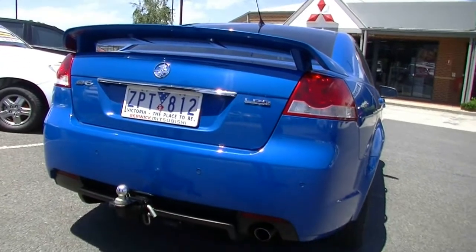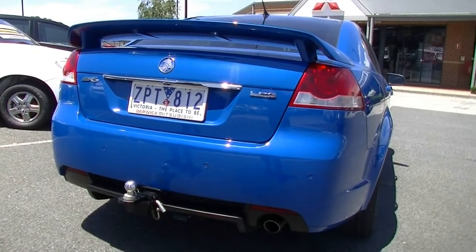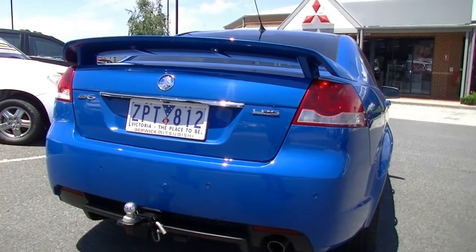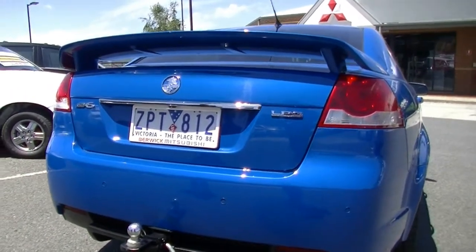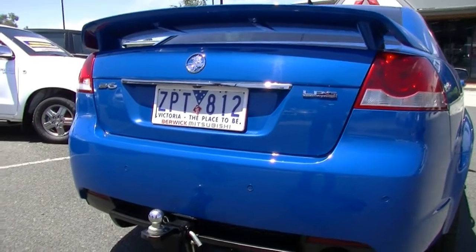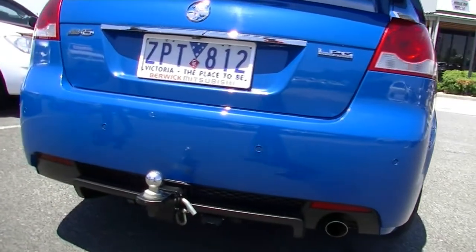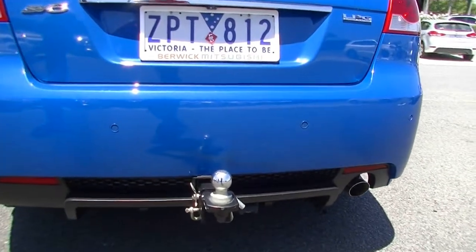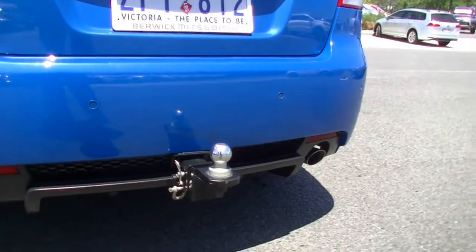As we come around to the rear of the car, factory spoiler. You notice that it is LPG by the badging, vapor injection LPG from factory. We've got colour-coded reverse sensors. It does also have a reverse camera, which we'll touch on a little bit later. Also, as you can see, we've got our tow bar on the rear, which gives us the ability to tow